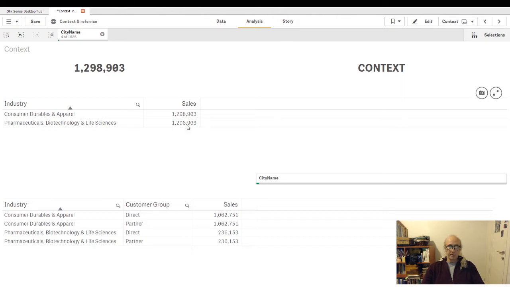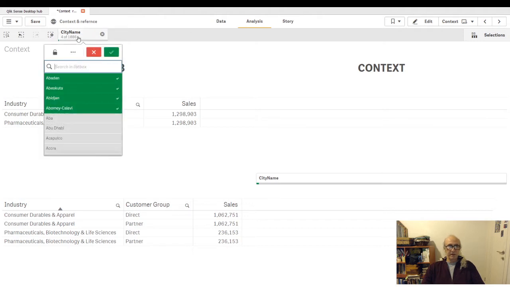that are shown, because this time Qlik Sense not only takes into account the object, the dimension and the measures, it also takes into account the context of the current selection in which it runs. That means currently I have only selected 4 cities, and in Qlik only the numbers in the entire data model that are associated with these 4 cities are currently available to me. So when I calculate the total sales,